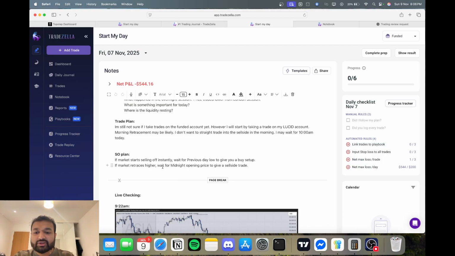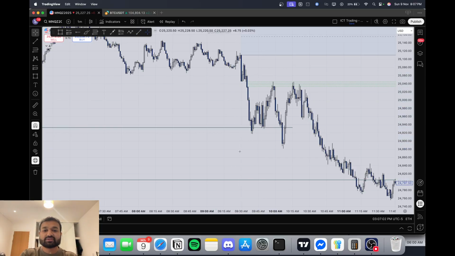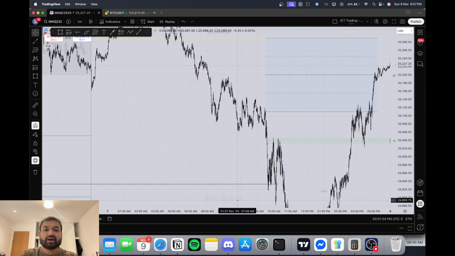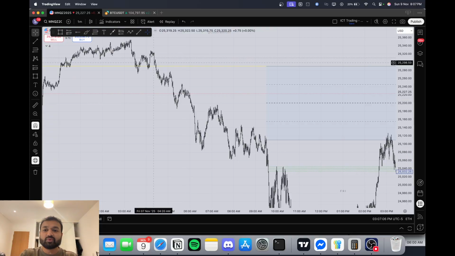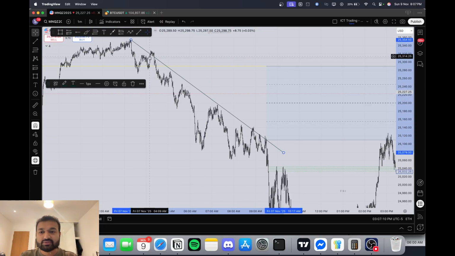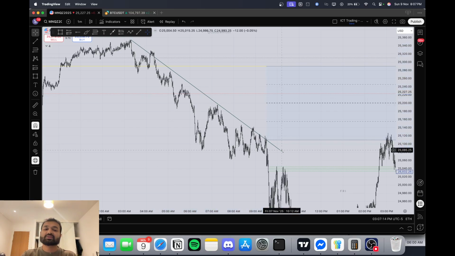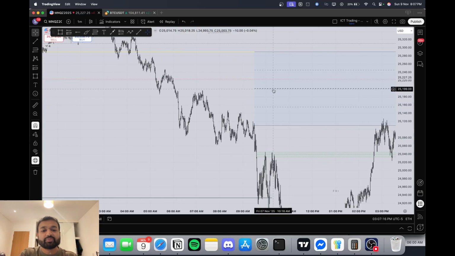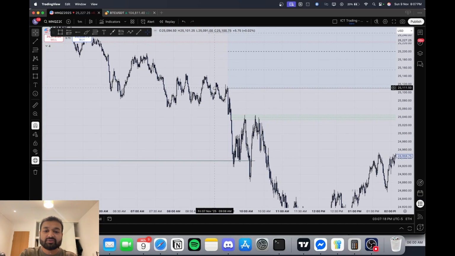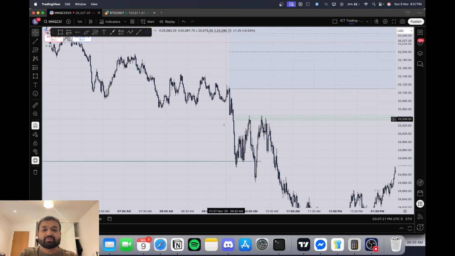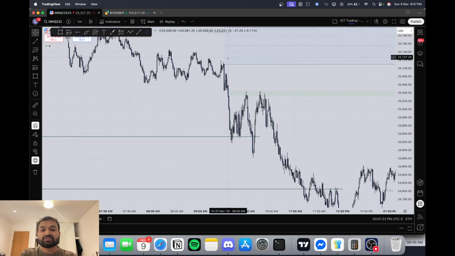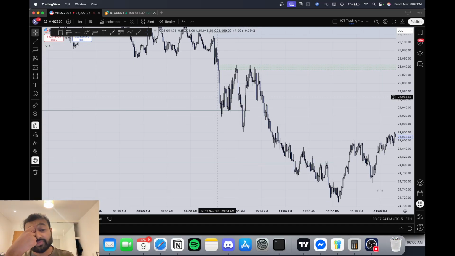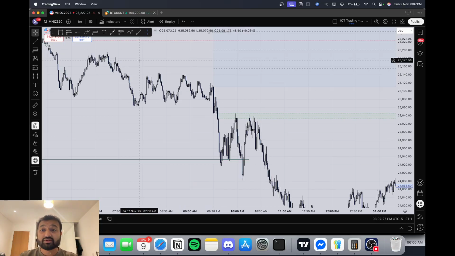And if the market retraces higher, wait for midnight opening. I also anticipated that if the market instantly retraces higher at the open to take out all of these equal lows, like low resistance liquidity, if price starts trading up, that's kind of what I wanted more, because then I would know that we are definitely going lower. That's the manipulation. But instead, price instantly started dropping, and then the problem was I wanted to long to these highs here,